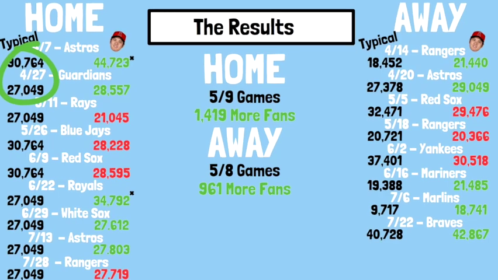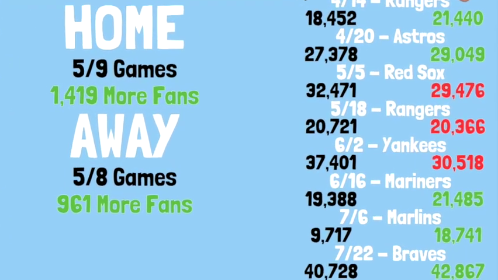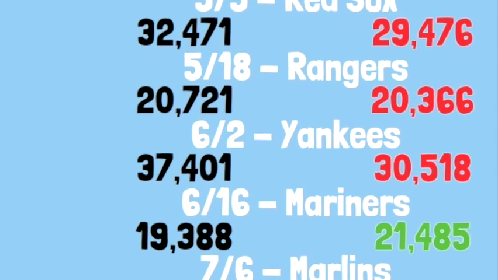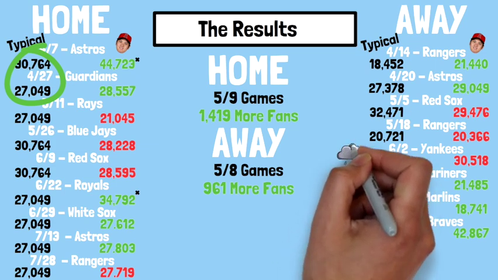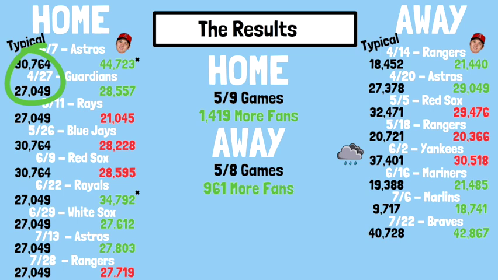The first being his June 2nd start against the Yankees, where the Ohtani attendance was almost 7,000 fans less than the Yankees' average attendance that day of the week. I had to investigate, and it turns out that this was a postponed game from the previous night that was now game 1 of a doubleheader, starting right in the middle of the day on a weekday. Furthermore, its original start time was postponed an hour and a half due to rainy conditions that day. And as most of you watching this channel know, rainy days don't bode well for fans at the ballpark, even with Ohtani on the mound. So that explains this massive gap as compared to his norm.